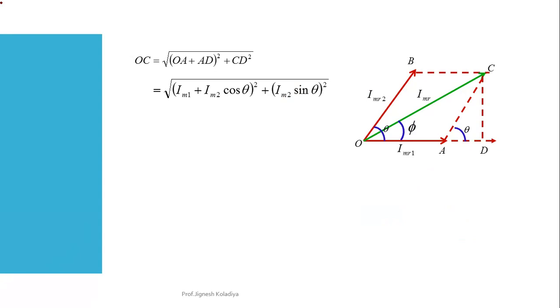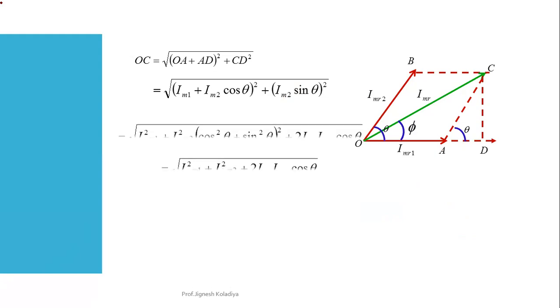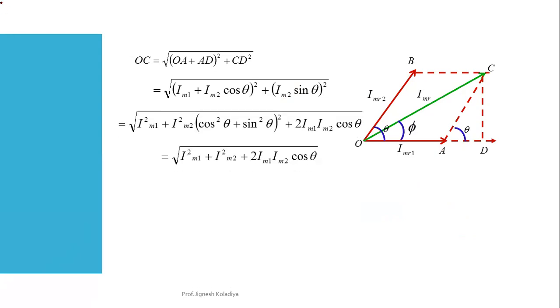Now just simplify this. So I will get like this one, Im1 square plus, see, this is what, x plus y whole square, right? So you can write like this,